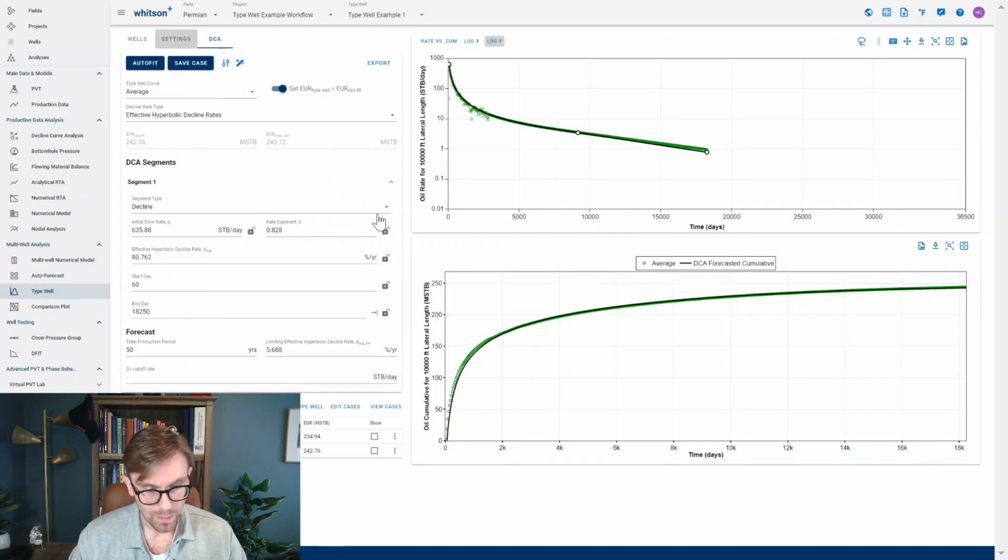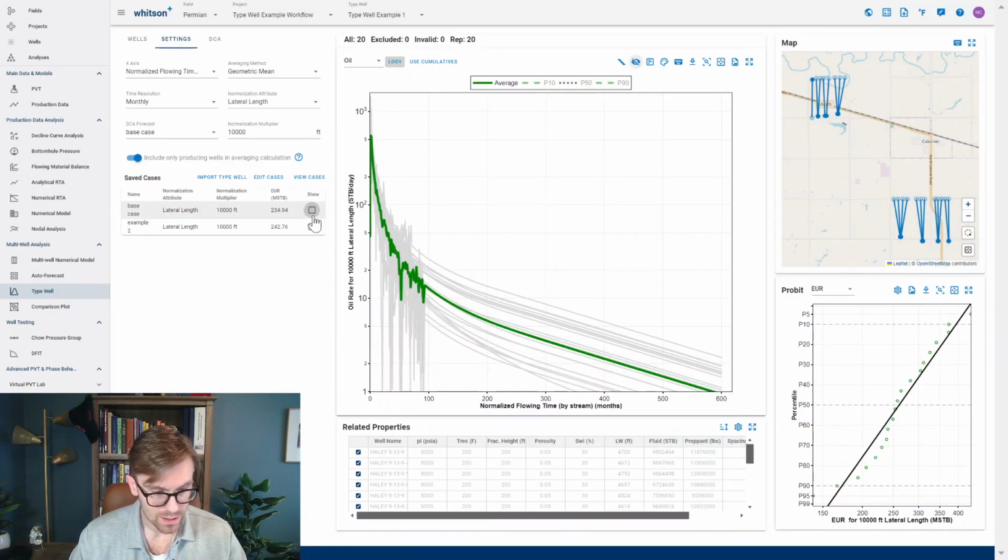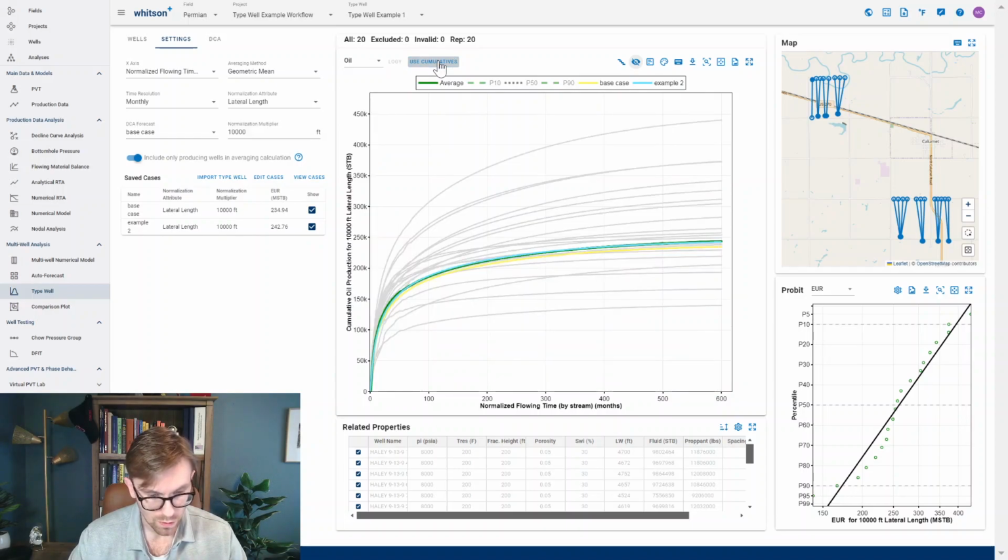Going back to the type well, then I can go ahead and say I'd like to show these together with the rest of the wells. I can look at these in different formats if I like to. If I would like to look at these in kind of a cum space, I can do that. And if I come back later, I then have